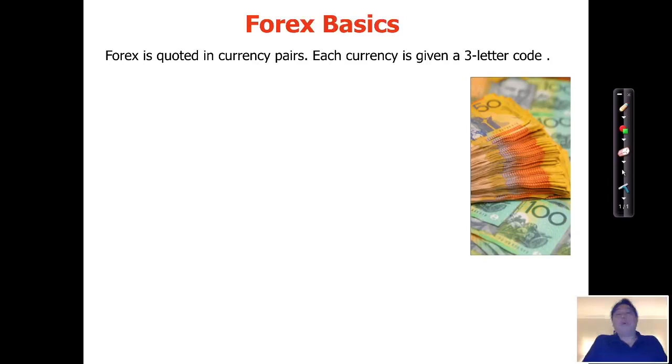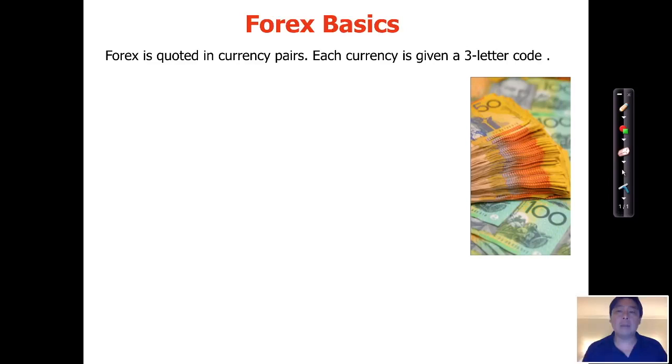Let's move on. Forex basics. Okay, if you know nothing about Forex, understand that Forex is quoted always in currency pairs. Okay, so it's unlike the stock market. In the stock market, you ask, what's the price of Facebook? Facebook's $160. That's it. That's one stock. But in currency, you can't ask what is the price of the US dollar. No, the price of the US dollar versus what? Versus the euro, versus the yen. So currency is always quoted in pairs, right? One currency being exchanged for another currency, okay?